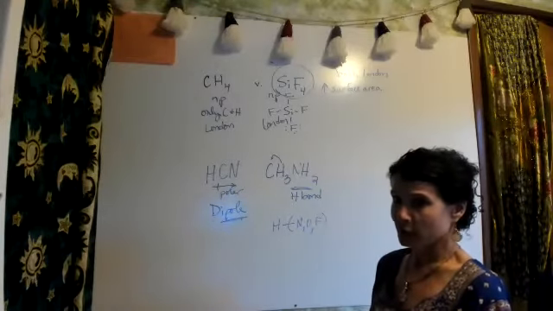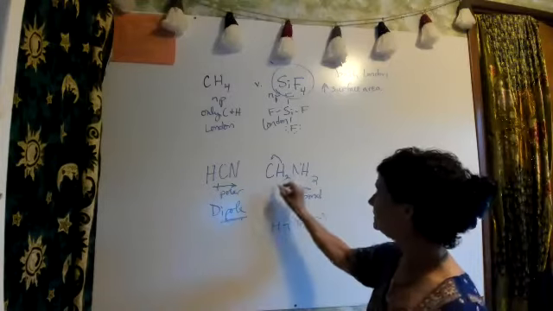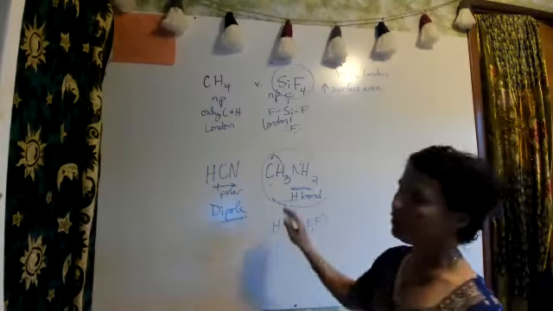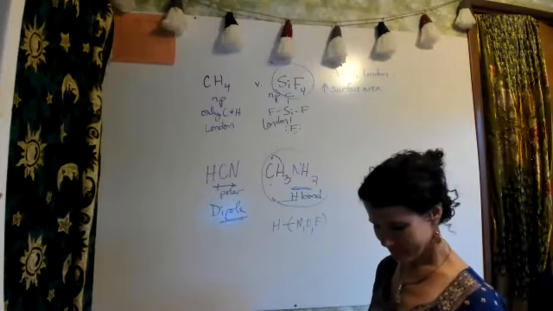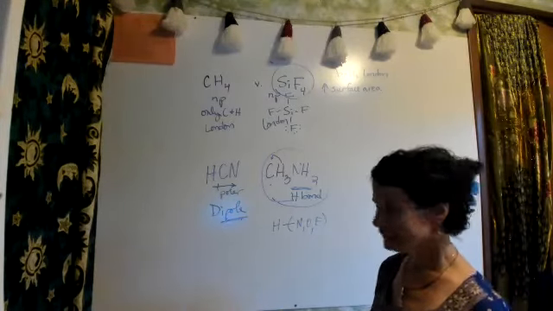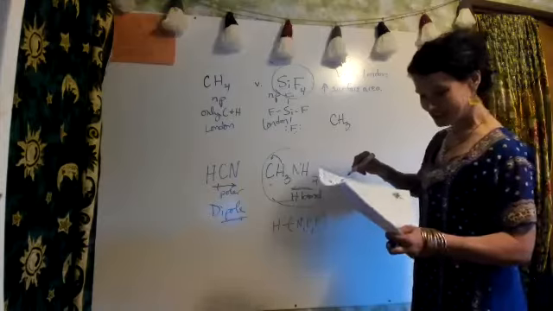So the type of intermolecular force is a dipole versus an H bond. And which one is stronger? It's back to the list at the top of the page. H bond. H bond always beats a dipole. It's an extreme dipole. All right, if you guys have a question, assuming you'll stop me and ask. All right, so the next one, CH3Cl